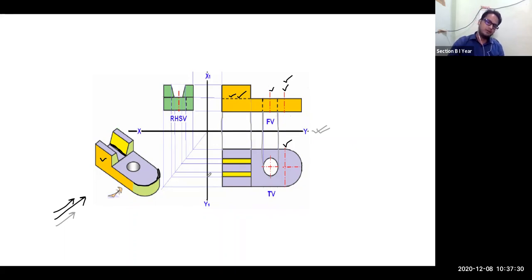Similarly, the side views are also projected like this. Okay, how to project the side view? In the third quadrant, in this quarter, you have to draw a line making an angle of 45 degree. This is your 45, this is your 45. And what we are doing, we are taking this projection line, intersecting at this one, and again we are reflecting it in the upper direction. Okay, and remember this is your thin line.